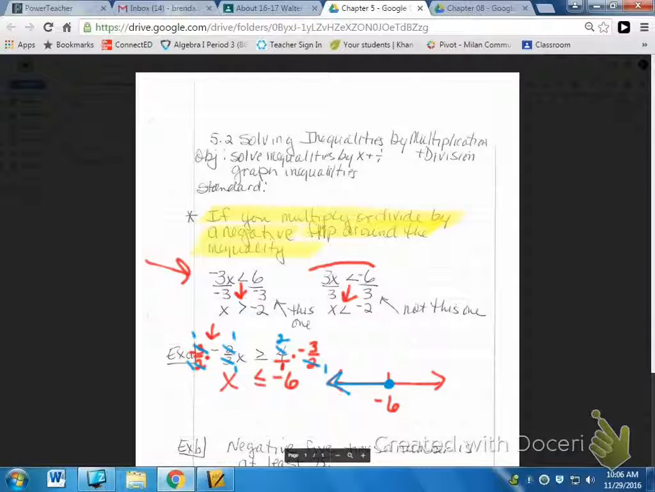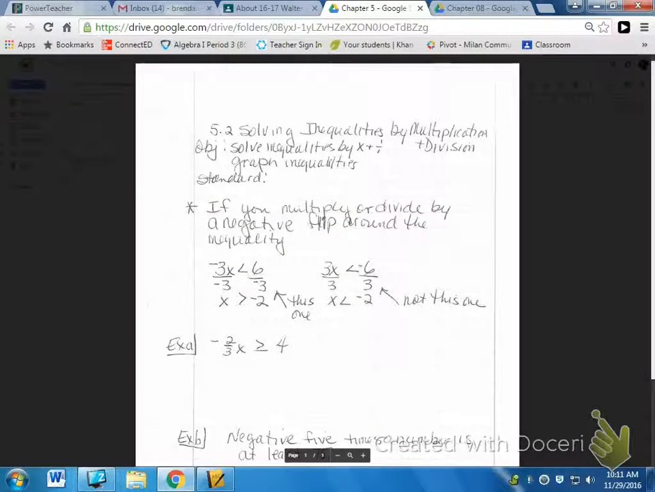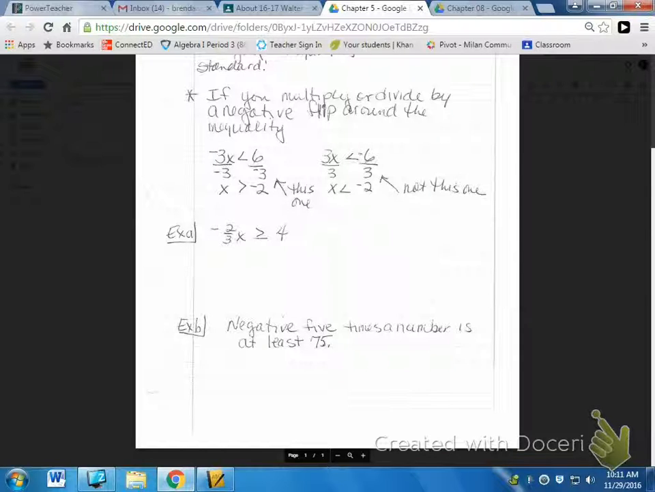All right, let's look at one more here. You have to write the inequality. It says -5 times a number is at least 75. Let's go ahead and define a variable since we've been talking about that. Since it stands for a number, n sounds good, we're going to say let n equal a number, because that's what it stands for. Let n equal a number. And we need to take -5 times a number. So basically -5 times that n